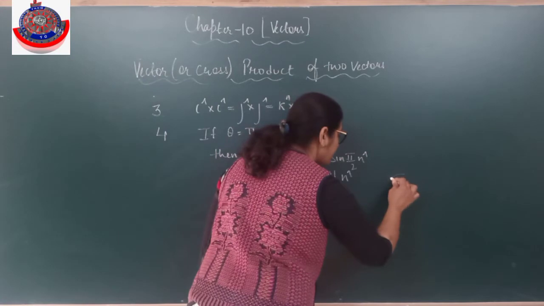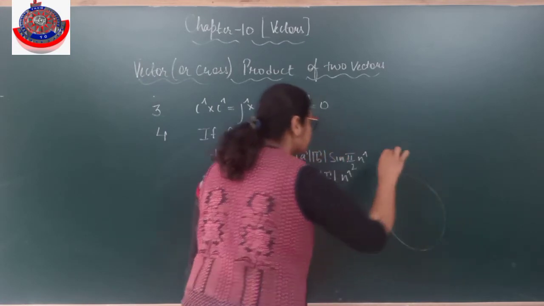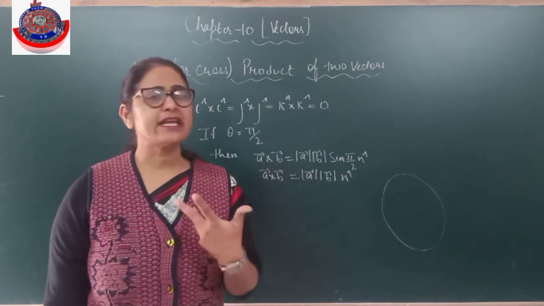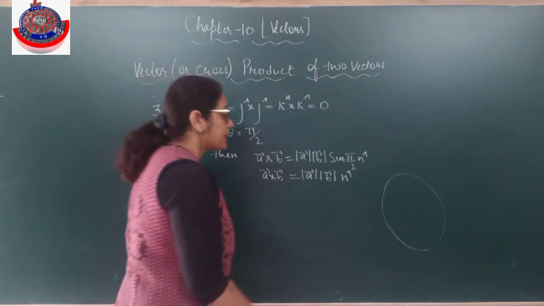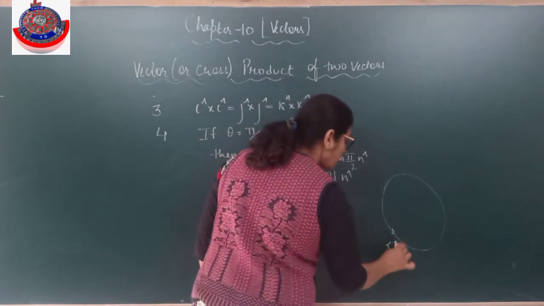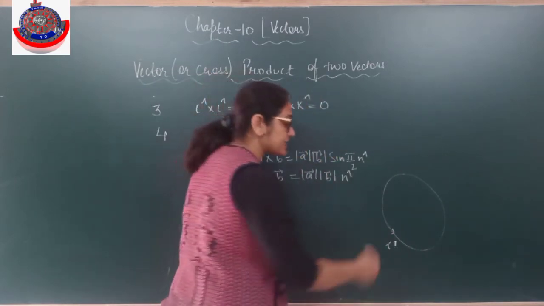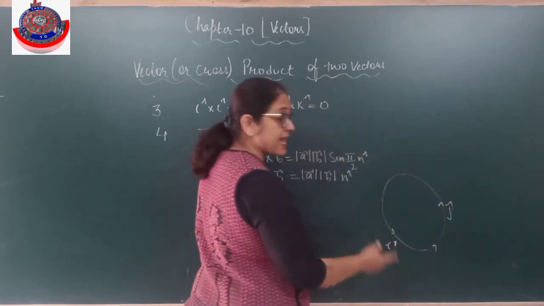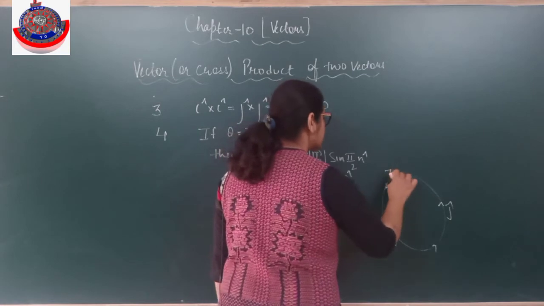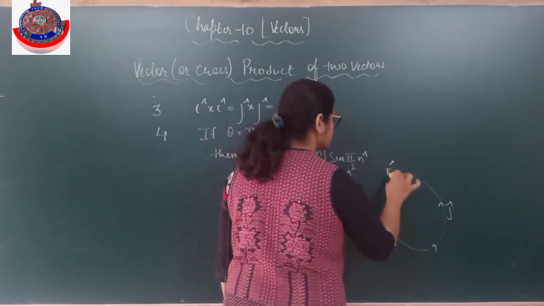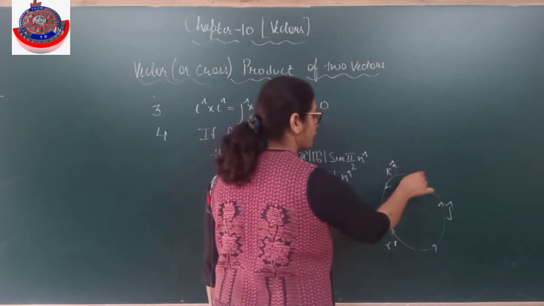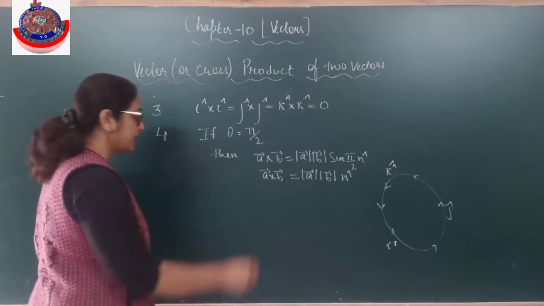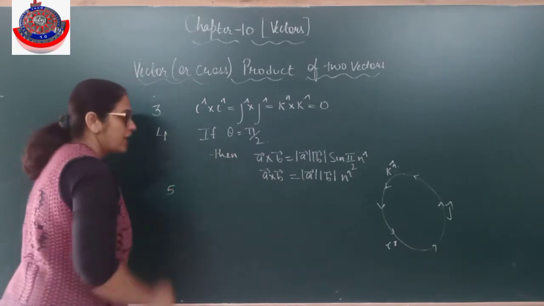See, I told you in the beginning, when we do cross product, the direction matters, because in dot product it is a scalar product. So scalar is coming, direction does not matter as such. Is it clear? But here it is I cap, which is along the x-axis. We go first towards the y-axis, and then the y-axis goes towards the z-axis. That is a cycle which we have to follow. Very, very important result.